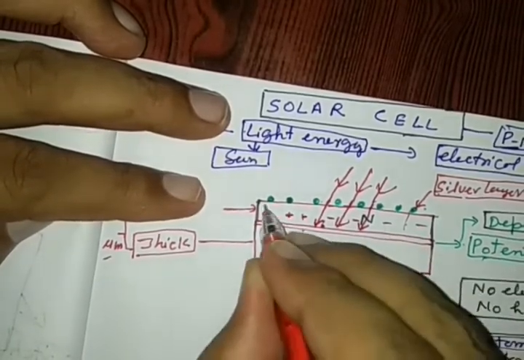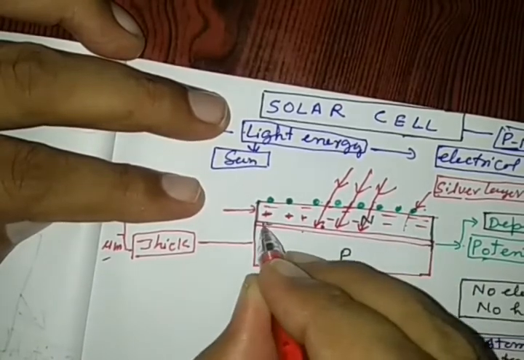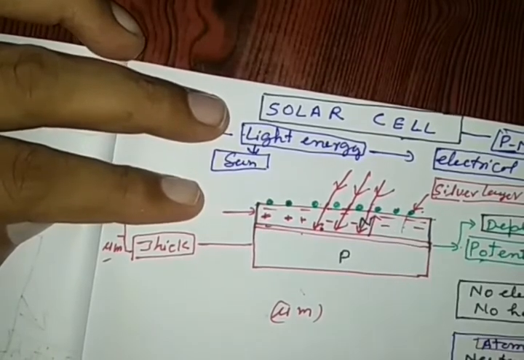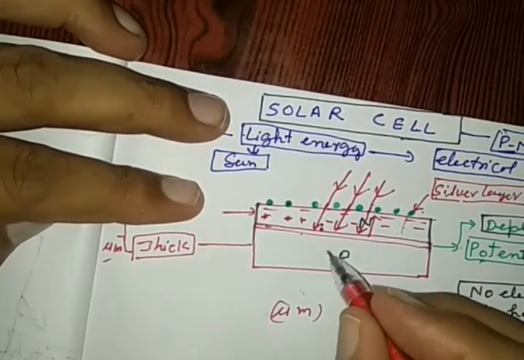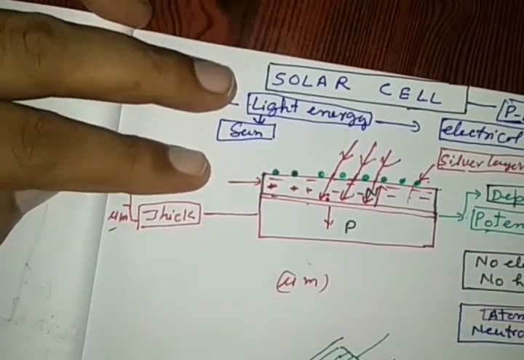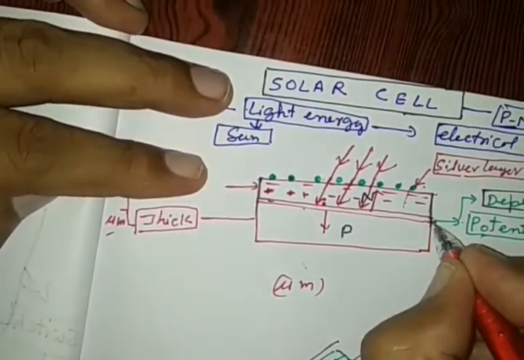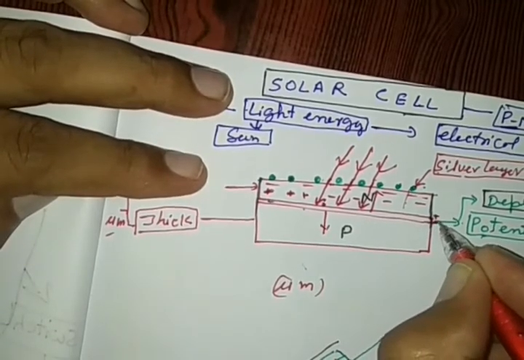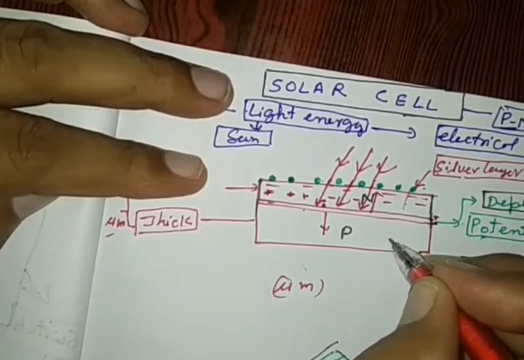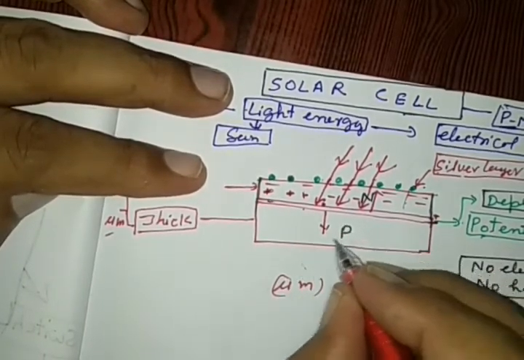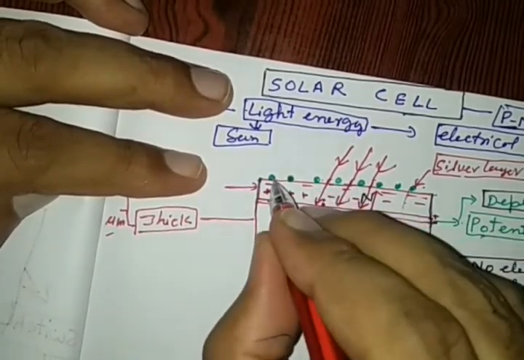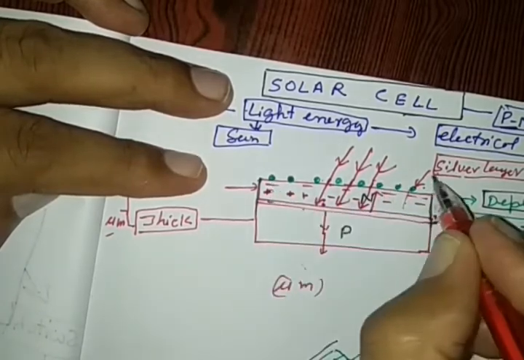Although there are negative charges available, this negative charge, the electrons, moves upward and reaches the surface, whereas the positive charge moves downward. Why does this move downward? Because here is a negative plate and upper is a positive plate. So positive charge is attracted towards the negative plate, and thereafter here is a positive. So here is accumulation of positive charge and here accumulation of negative charge over the electron.